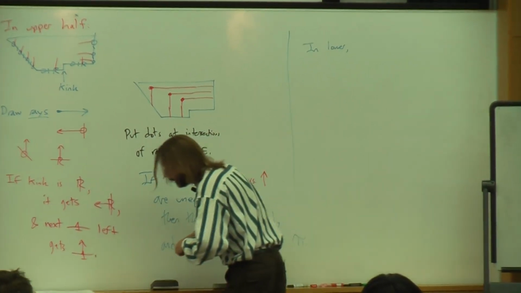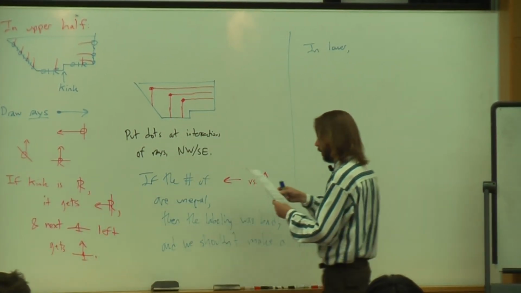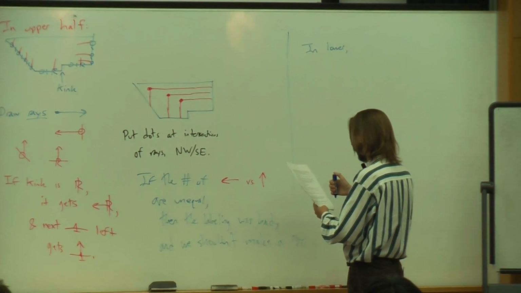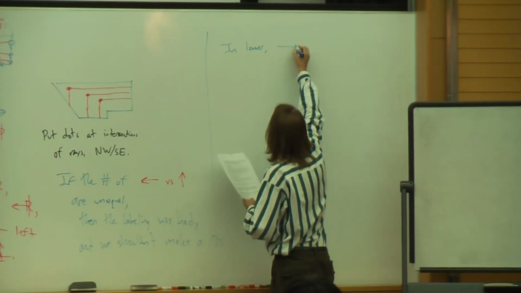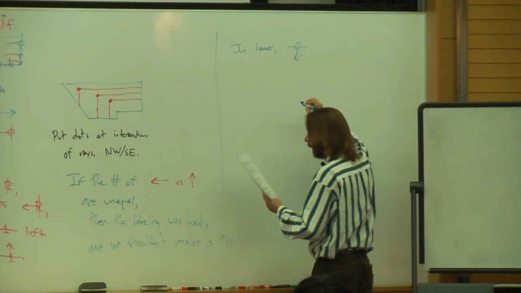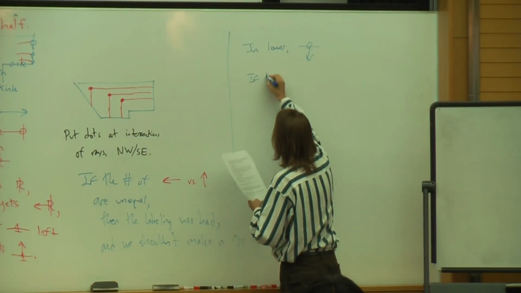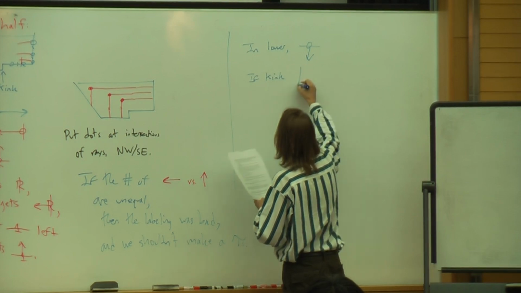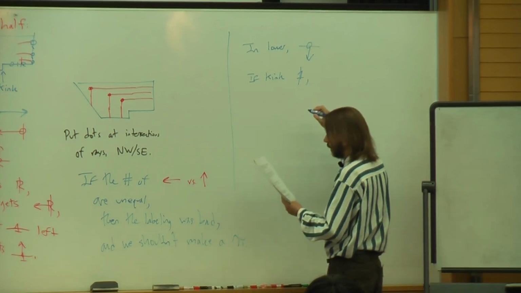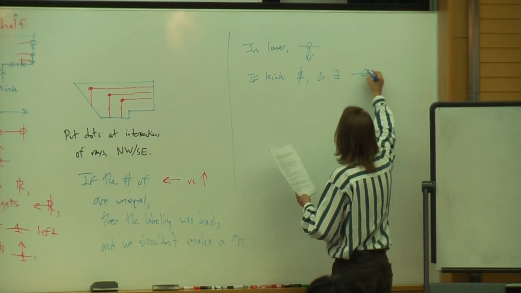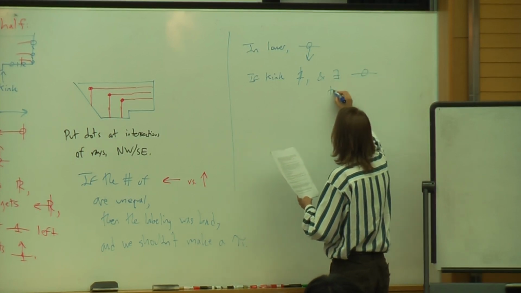So all I need to say is where the rays are going to come down from, and if the kink has a 1 on it, and there exists a 0 to the right,